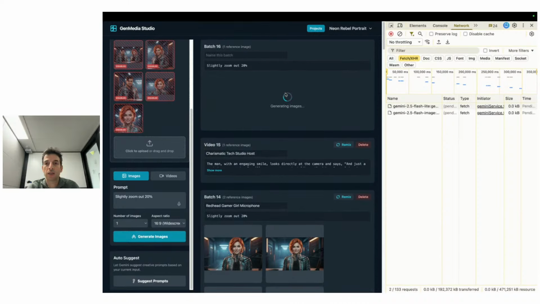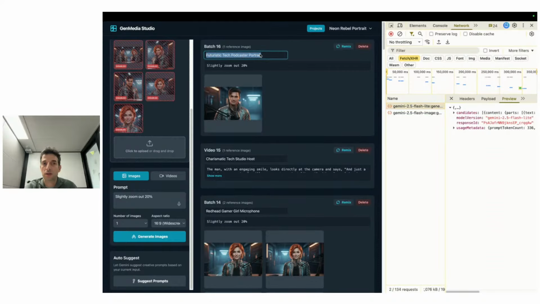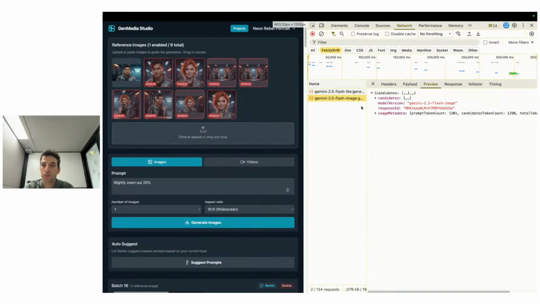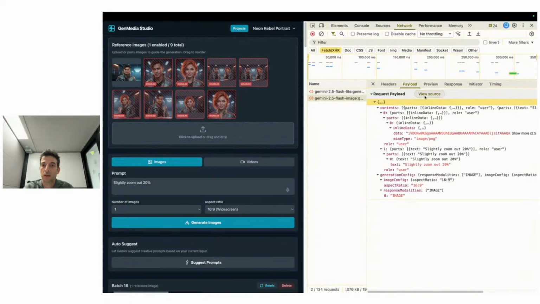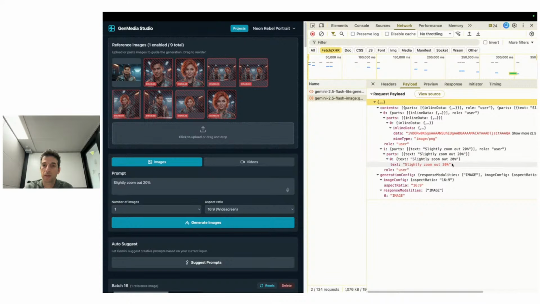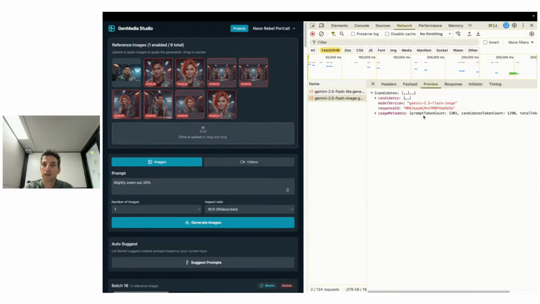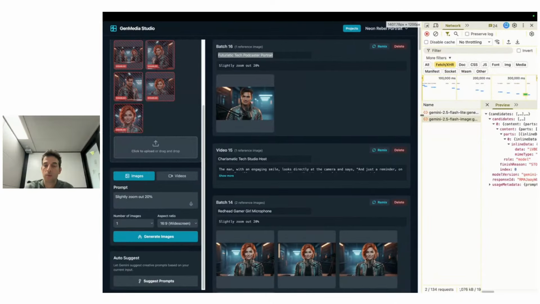So when I generate, in effect, 2 requests happening. One is to Gemini Flashlight, and this just gives it this nice title, so futuristic tech podcaster. And the second is to Gemini Flash Image. Okay, and so you can see here like Flash Image. The payload is the actual image. So we have here like 2.5 megabytes. And the prompt that we used, the modalities and everything as I requested them, and the preview. Okay, so the preview here is again like a 2.7 megabyte image as the response. So this is with